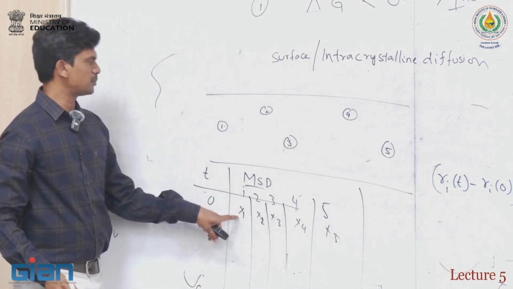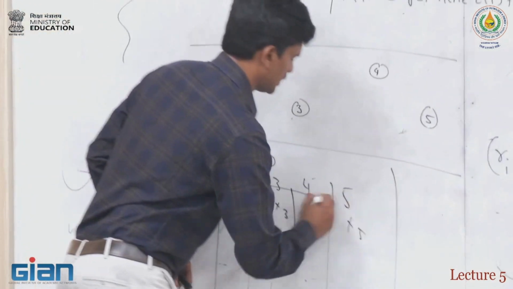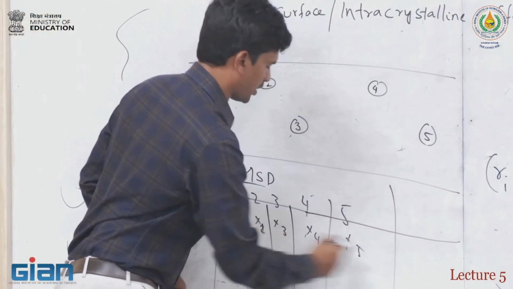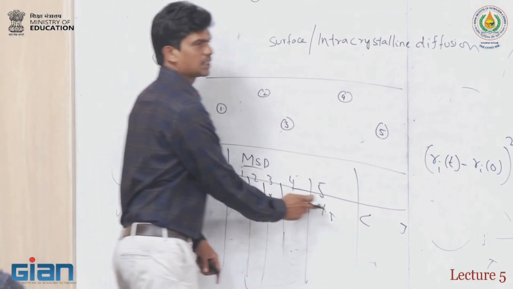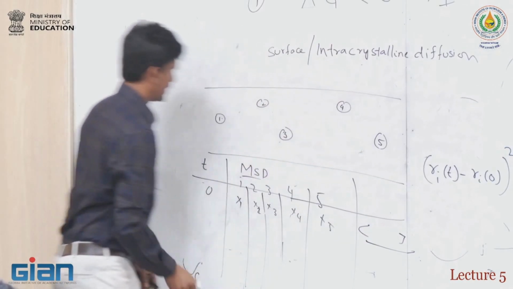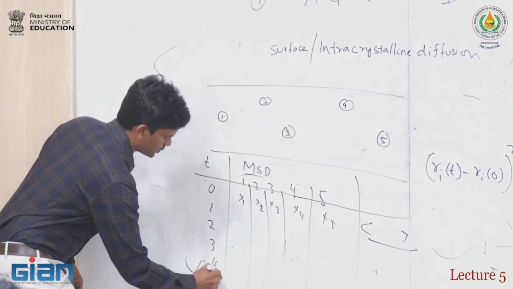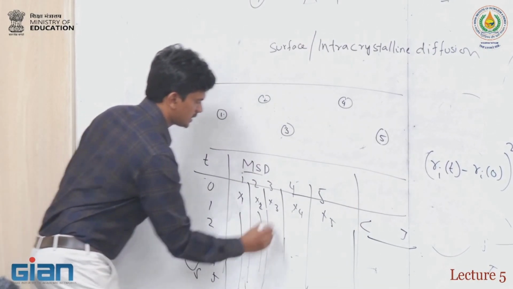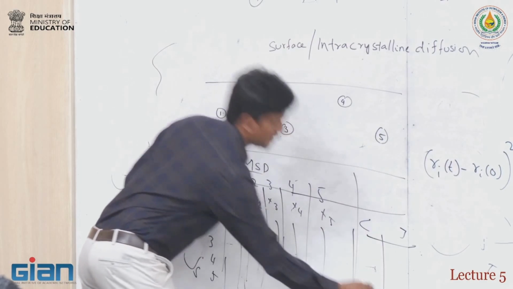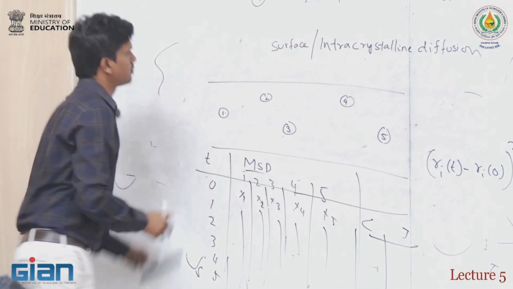So this is the mean square displacement of particle 1, this is the mean square displacement of particle 2, like that. And then at the end, what we do is average all these things. So that's the average of x1, x2, x3, x4, x5. Like that, at time 0 it is this much, then 1, 2, 3, 4, 5. We get all these things, take the average, and plot time versus mean square displacement,